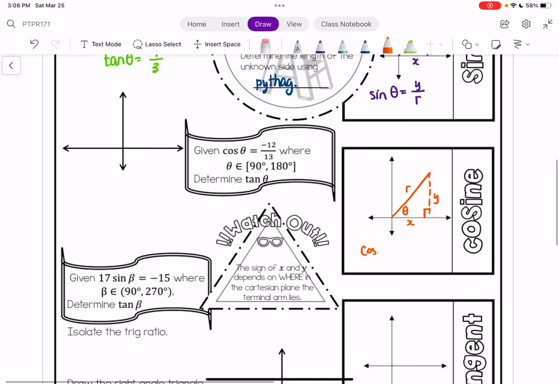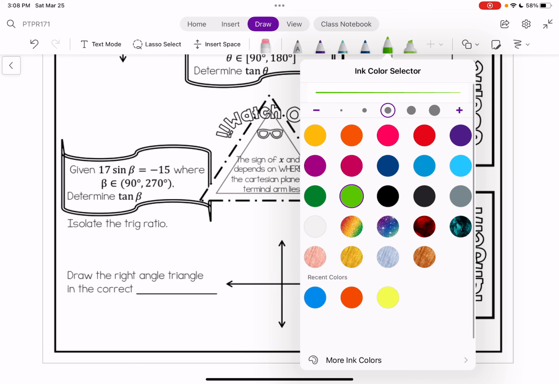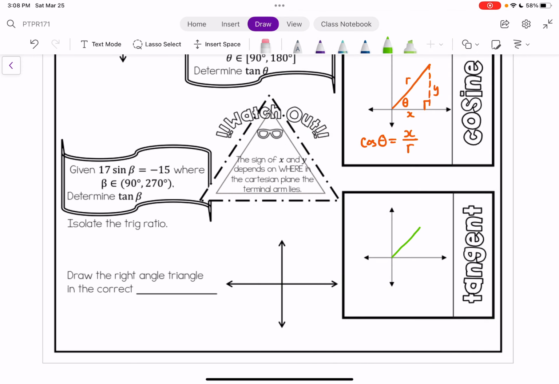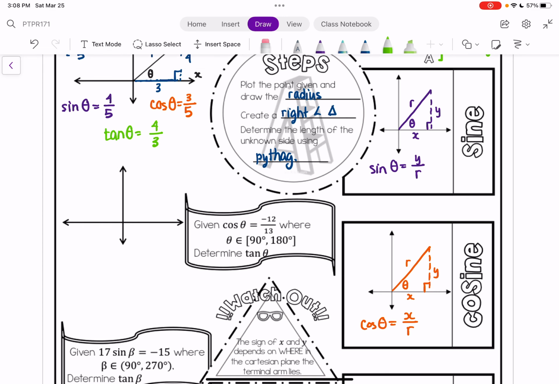So now cosine is x over r. And then our last one was tangent. So again, tan is then opposite, which is our y value, over adjacent, which is our x value. Okay. So in these diagrams, we've just drawn everything where x and y are positive, but that's not always going